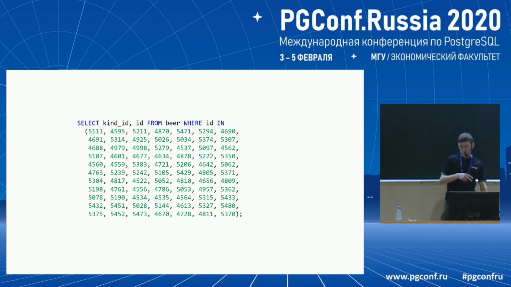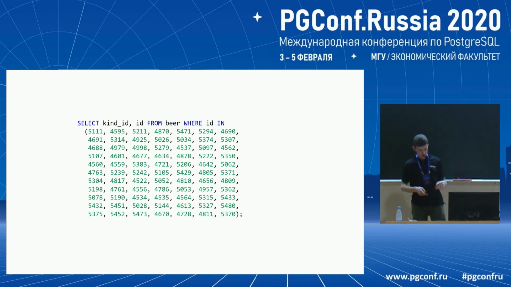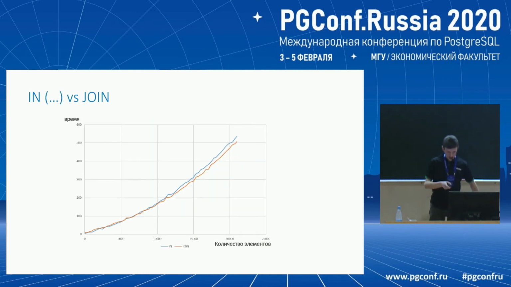Those functions, to ensure relations between tables, I use the following. So I get the objects of the previous level, and not to ask for all of them, I make this following query. If the number of elements is too big, this query will be inefficient, and it's better to use join. But to test it, I made 2 types of functions, 2 options, one with in and one with join,